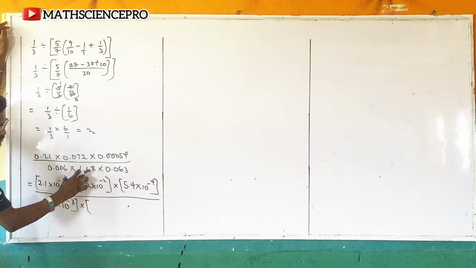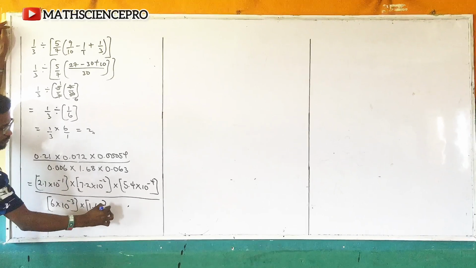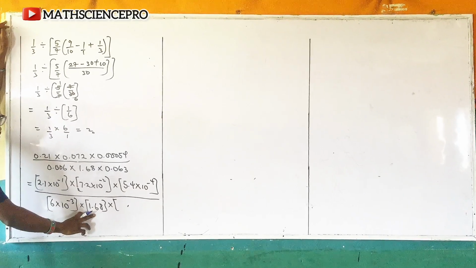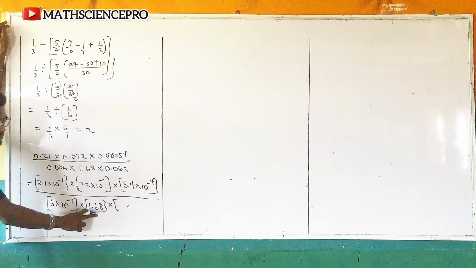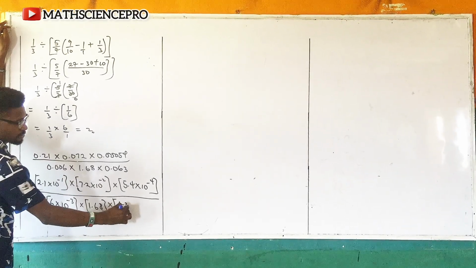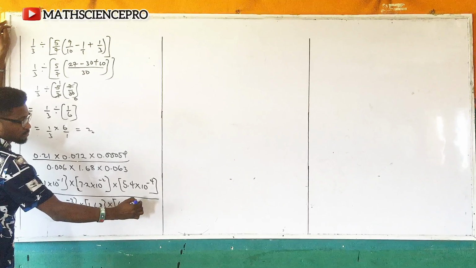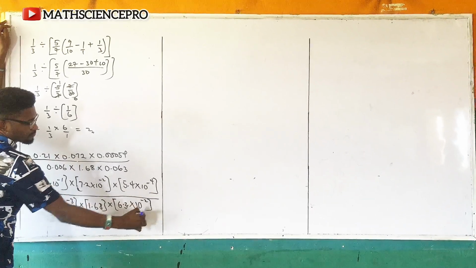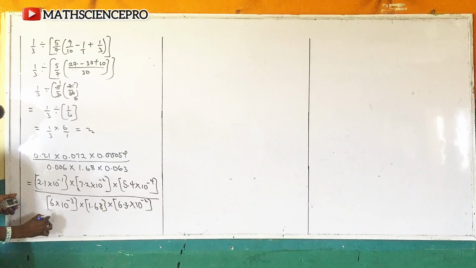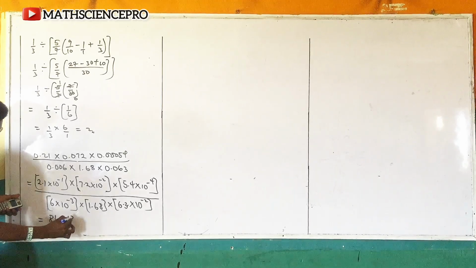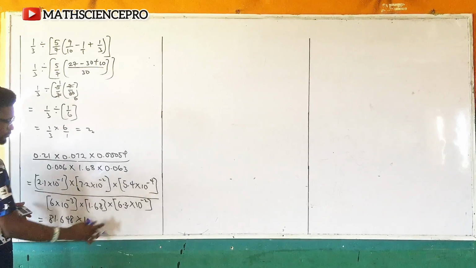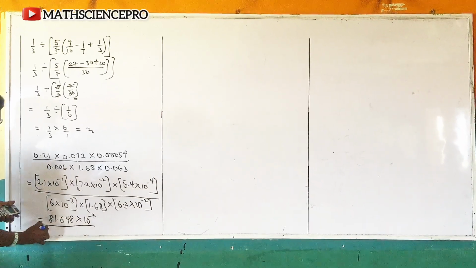multiplied by 1.68, which you can say is 1.68 times 10 raised to power 0, and now multiplied by 6.3 times 10 raised to power minus 2. Alright, 2.1 times 7.2 times 5.4 is going to give 81.648, times 10 raised to power negative 1, negative 2, negative 4. That's negative 7. All divided by